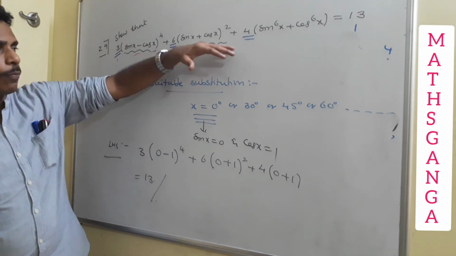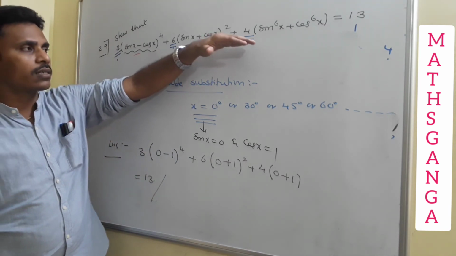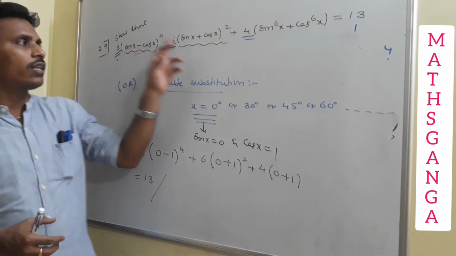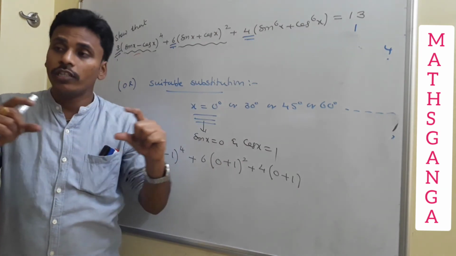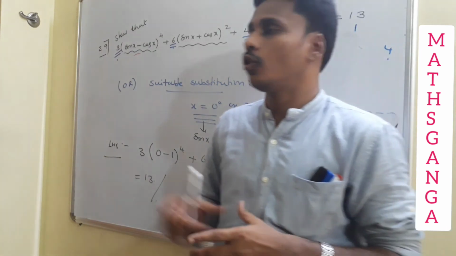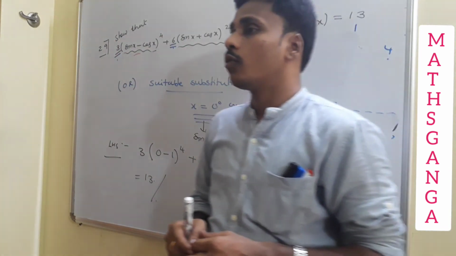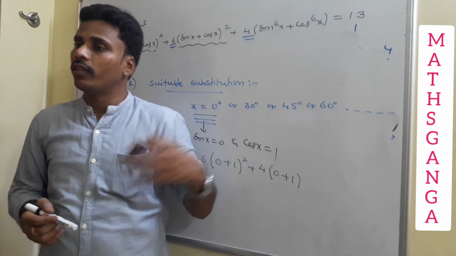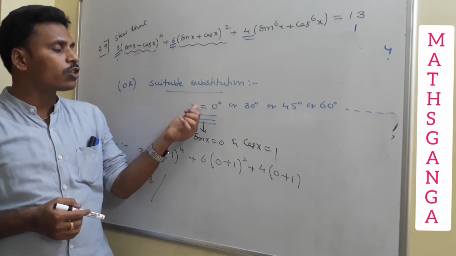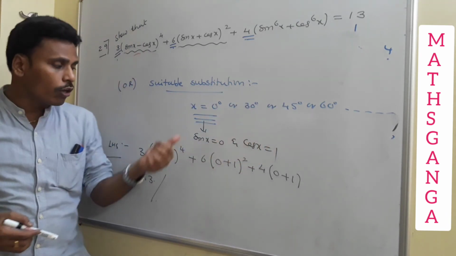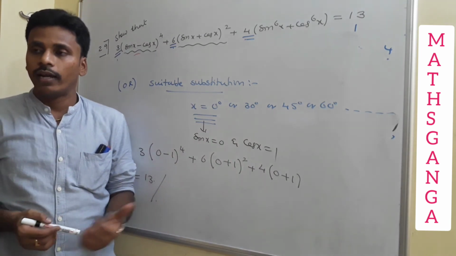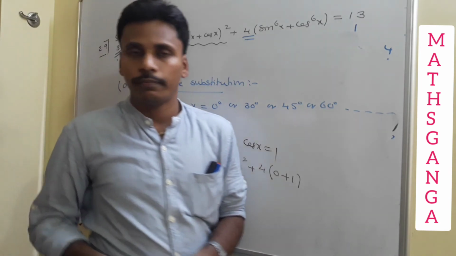So this is a previously asked question from the JEE Mains, right? We proved it using a simplification of the three terms separately, and after that I gave you a generalized statement, which is helpful if the coefficients a, b, c are in the ratio 3:6:4. And now, without this generalization or the simplification, I may move with this suitable substitution way also, by replacing any suitable value in the place of x. If you replace x with 0 degrees, directly you get the answer from the left hand side, right? Have a look at this, and I will give you one more problem.